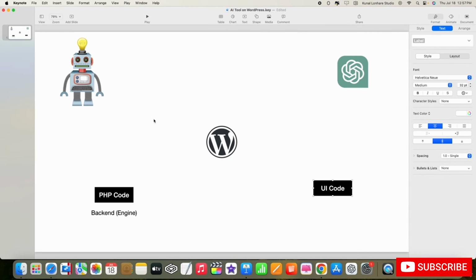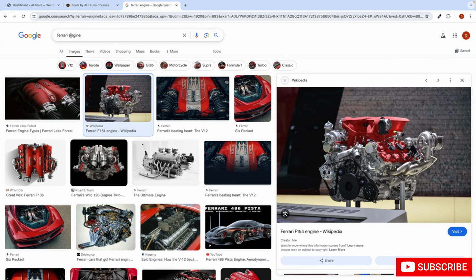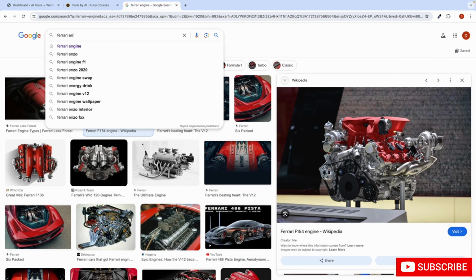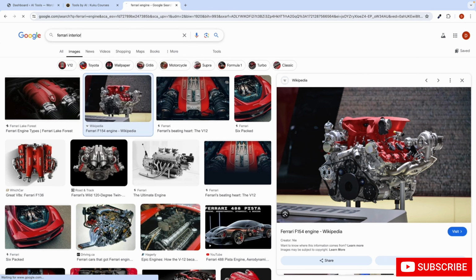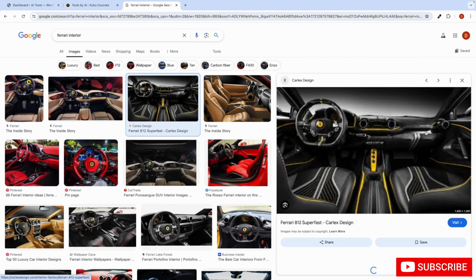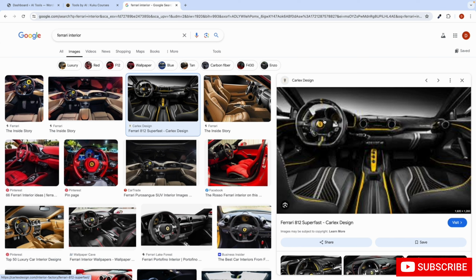To run the Ferrari there is some interior, like you can see we have a steering wheel, okay, and a gearbox. So basically this is UI, user interface, how the users will use this steering, this gearbox and so on. Okay,